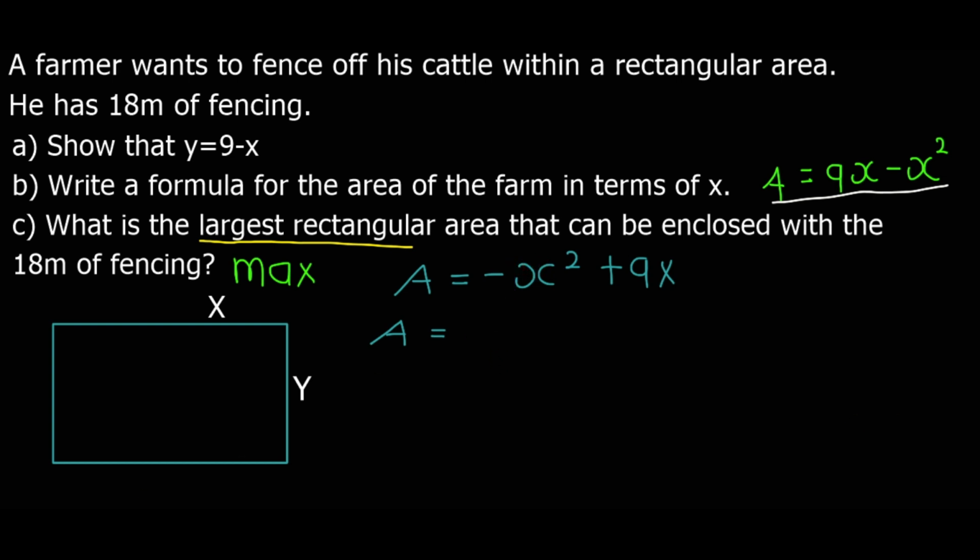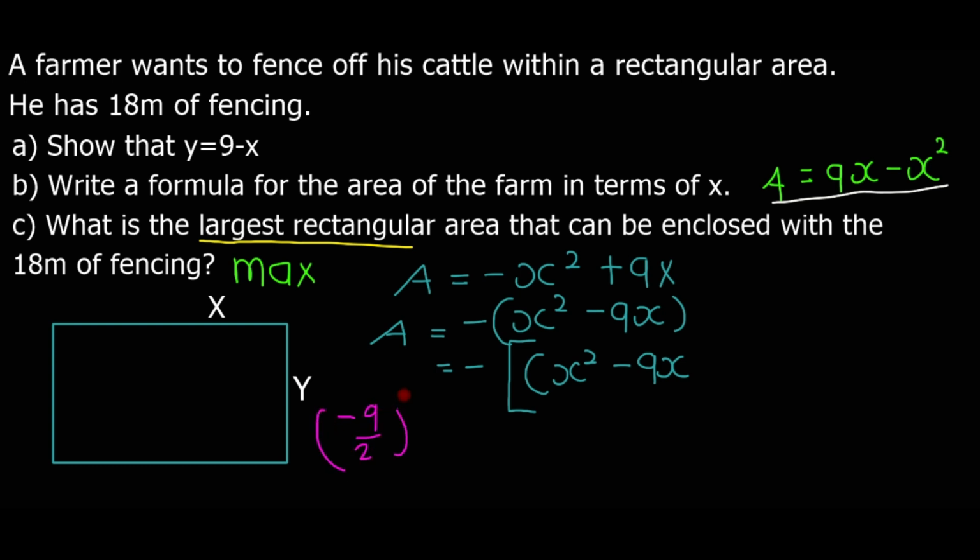So I will factorize this negative sign, and then I have negative here, and I remain with x squared minus 9x. Then I take this b, divide by 2 and then square. Remember this is b and this is a, so we will have 9 over 2